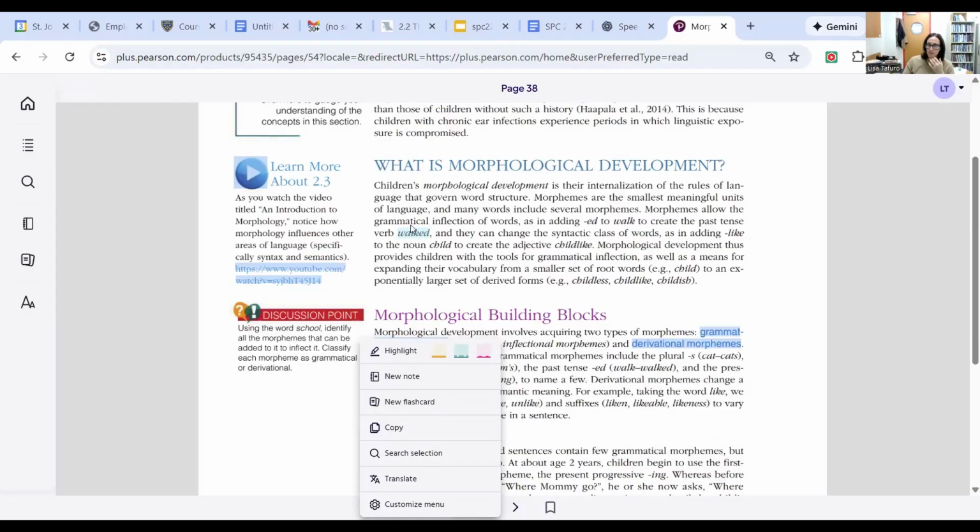Morphological development is learning how there are rules that govern how this word is structured. So there's not going to be many young children who put an ed at the front of a word, in the beginning of a word. Generally, it's going to come at the end. What they might do to prove this point is say something like goed, right? Because what they're doing is acquiring the word structure to communicate past tense about something that happened in the past, right? Goed. The word is went. We happen to have what we would call